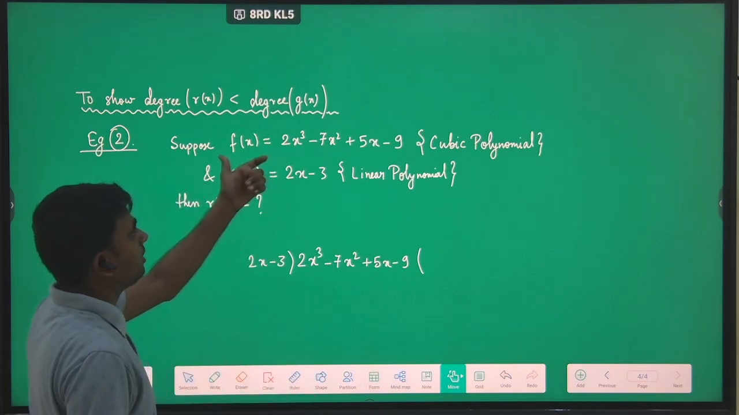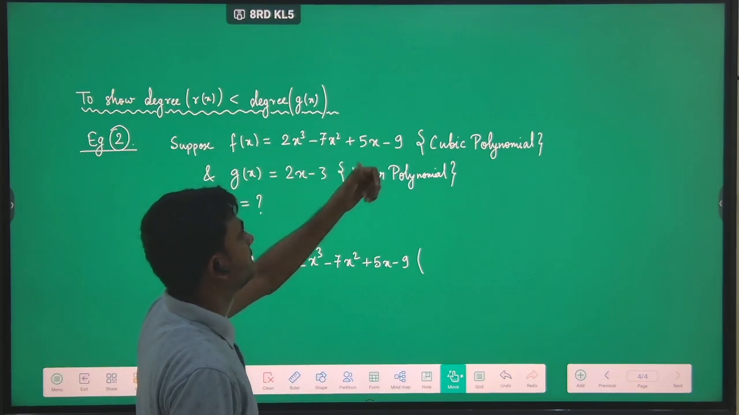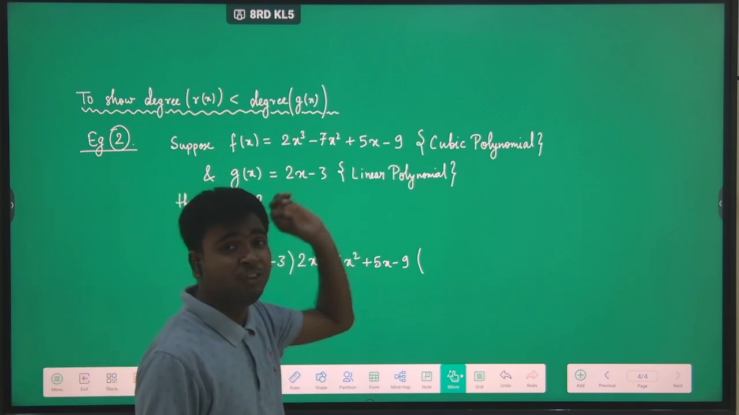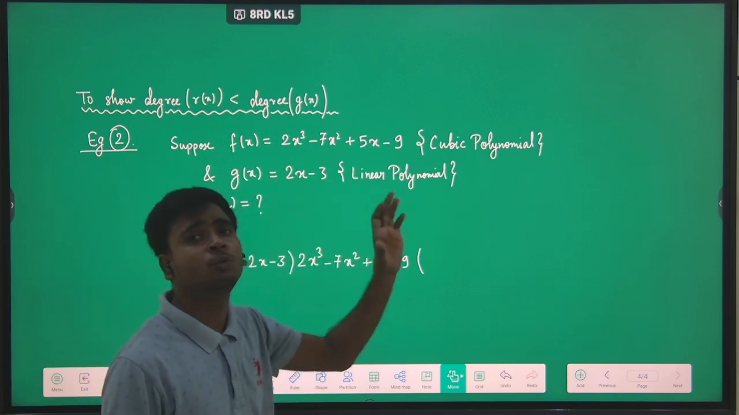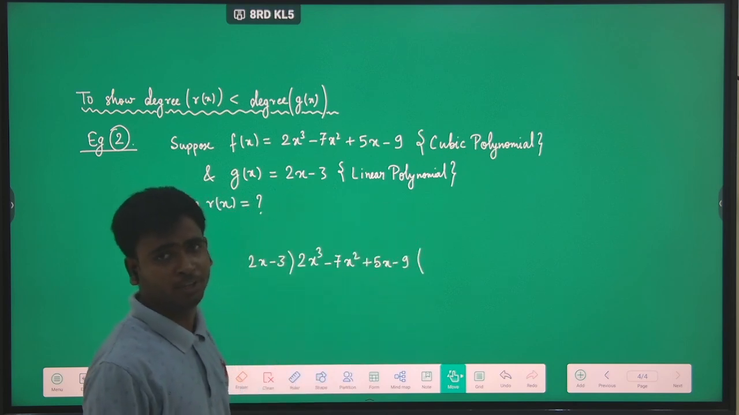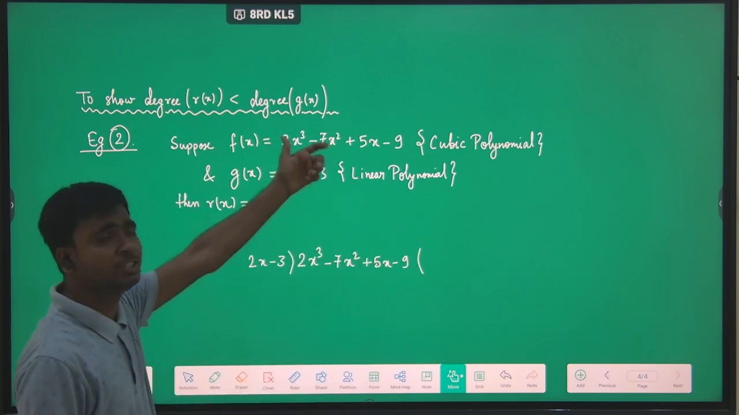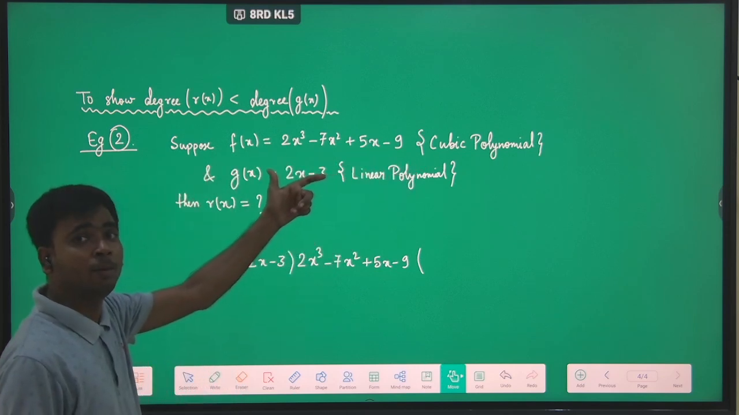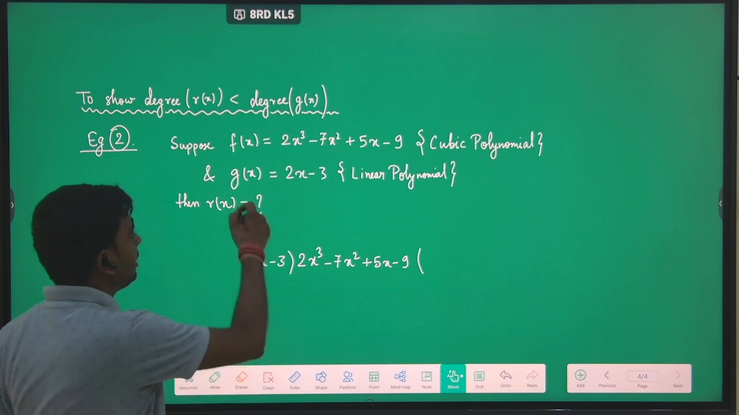Let us suppose that our f(x) is 2x³ − 7x² + 5x − 9. That is a cubic polynomial. We can take f(x) as any polynomial of any degree. It is not required to take this polynomial only. We can take any polynomial, but the condition is that we have to